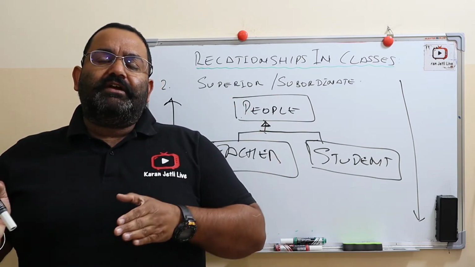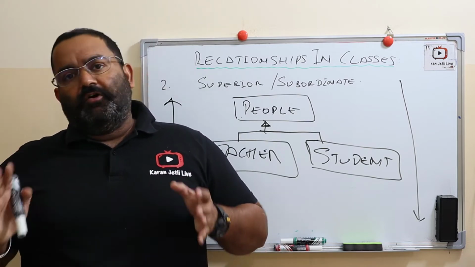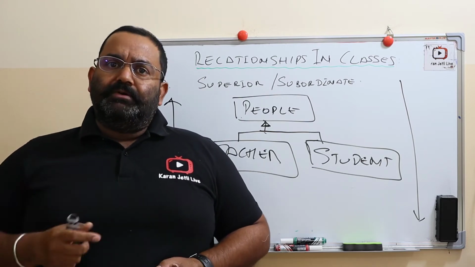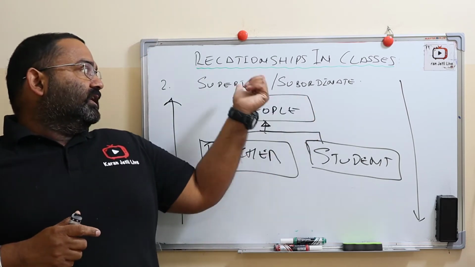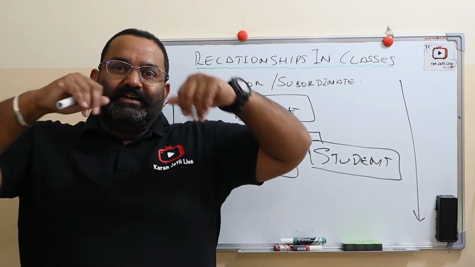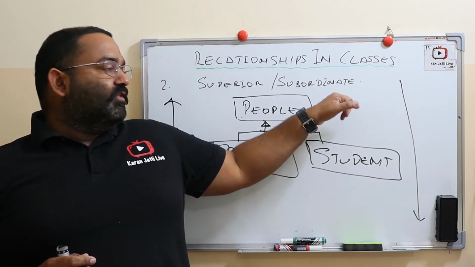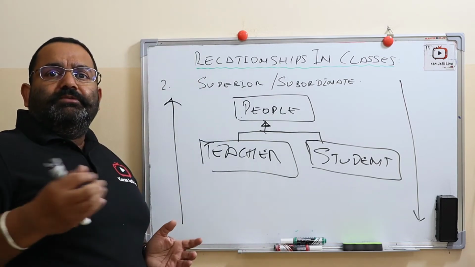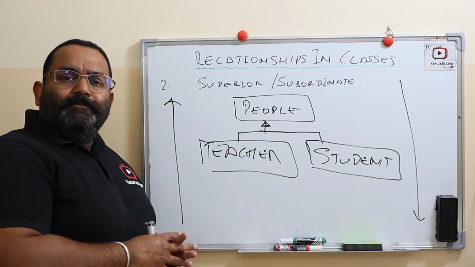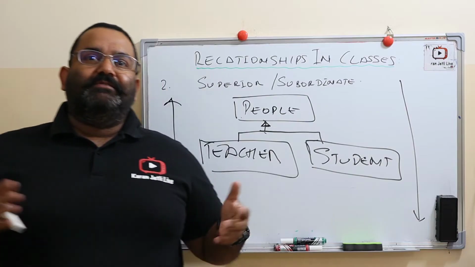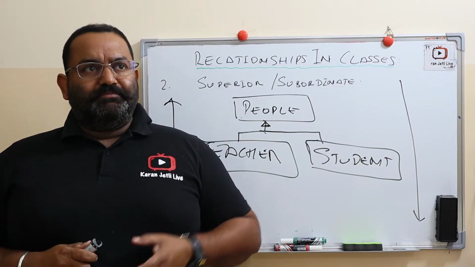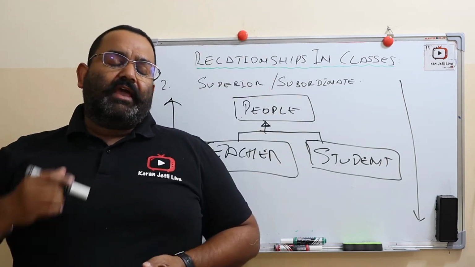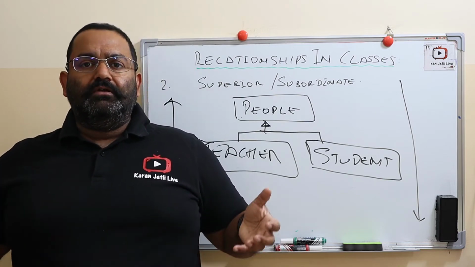But as such, an abstract class will not have any of its objects. It will have attributes which are used only for the inheritance purpose. So that abstract class can be a superior class, and the classes which are inheriting its attributes are subordinate classes. Okay, so another type of association between the classes is superior and subordinate, isn't it? For example, a parent and child association. Parent class is a superior class and children can inherit the attributes of the parent.